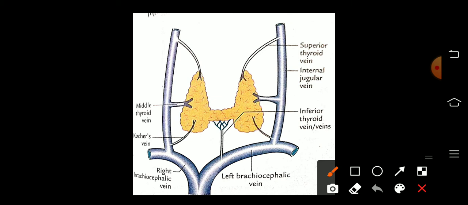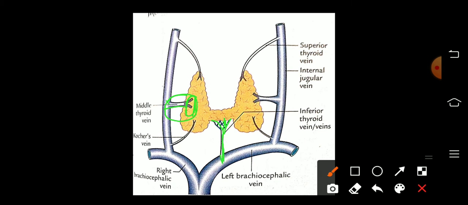Now about the middle thyroid vein. Middle thyroid vein is also like a sinus. You can see it is very dilated and very short, and it is actually arising from the middle part of the lobe and draining the blood into the same internal jugular vein. Now again one more, the inferior thyroid vein. Inferior thyroid vein is actually arising from the isthmus, the lower part of the isthmus, and it is draining into the